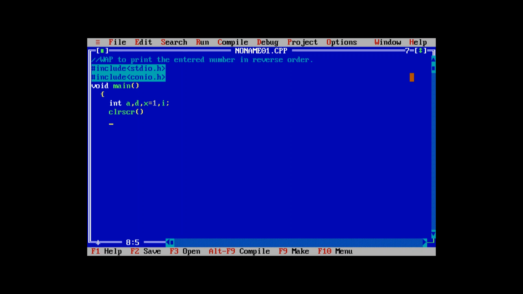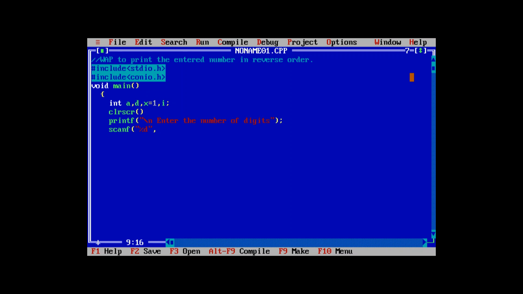Then printf enter the number of digits, that is we have to first of all take how many digits that you want. Then there is a scanf for storing in the memory,